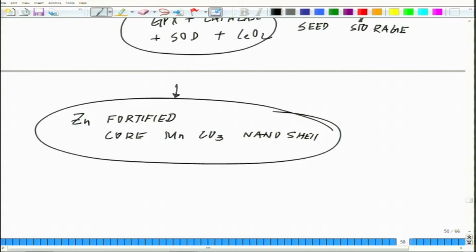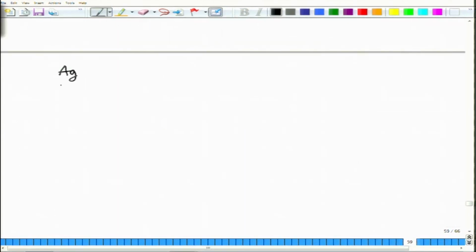Zinc oxide on chickpea through foliar spray and seedling increased biomass accumulation. Similarly, iron tried on wheat foliar spray enhanced photosynthesis, chlorophyll and biomass. So, this list is exhaustive. You really can go on and on, but what I wanted to highlight here is that there are a series of it. If we number the kinds of nanoparticles we just talked about, we talked about silver, we talked about iron, we talked about zinc, calcium,